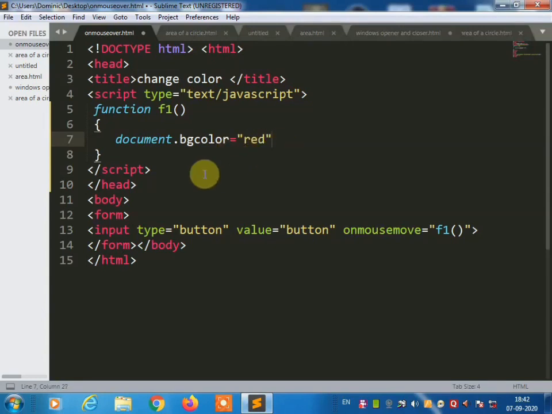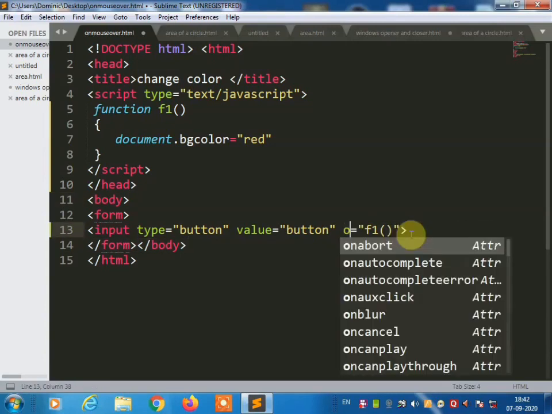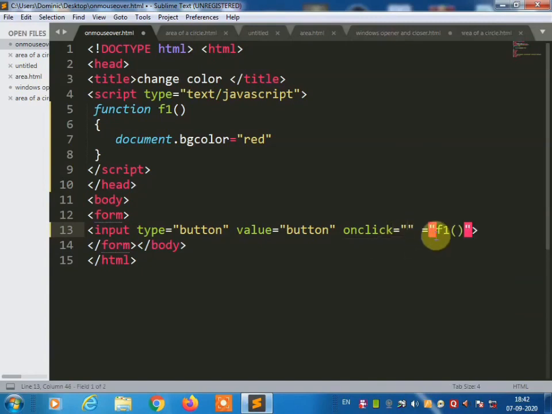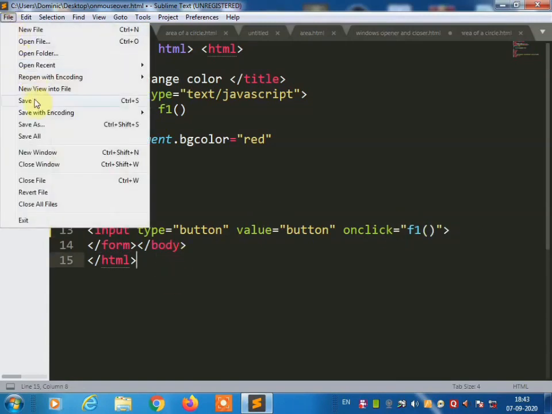Then complete the script tag and the head tag. In the body section we need one button. Once you click on that button, the background color of the window should change. So here first we are going to use the onclick method: onclick f1 function. Save this program.